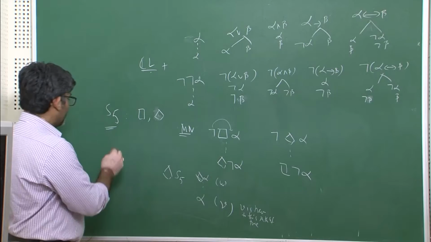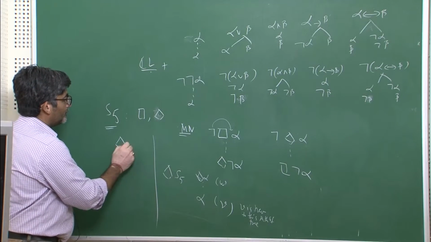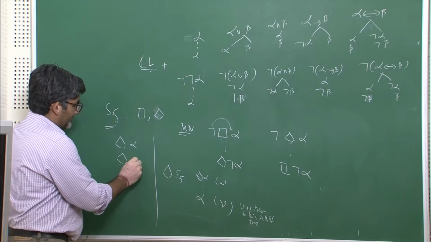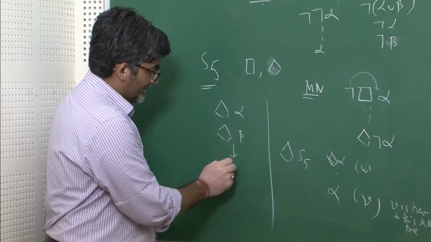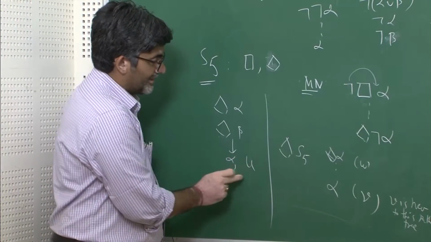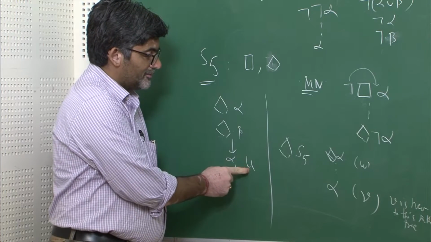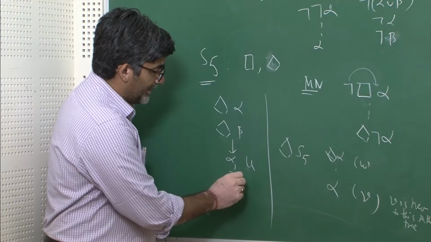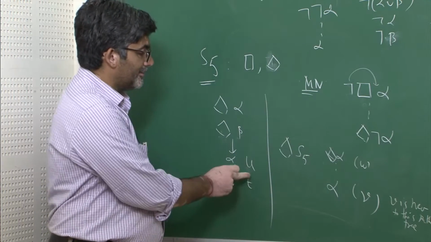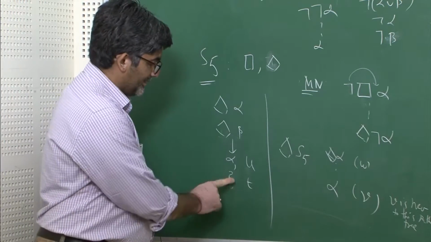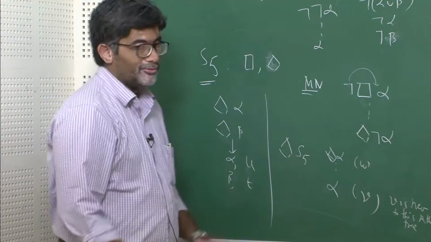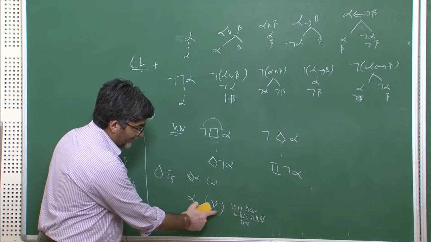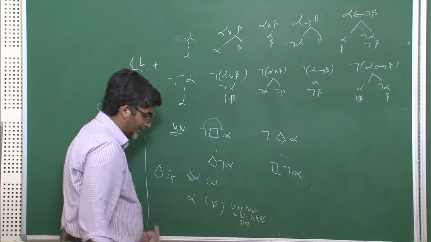So the idea here is that suppose you have two formulas like this, possibility of alpha and possibility of beta, for example. First time when you remove this, you choose one letter U, and you are not supposed to use the same U again. When you remove beta now, it has to be beta, and any other letter other than U is the one which you need to take into consideration. Beta has to be true in any other world. So no two possible worlds will be alike. So if possibility of alpha is there, you can replace it with alpha, but V has to be new. This W is accessible to V.